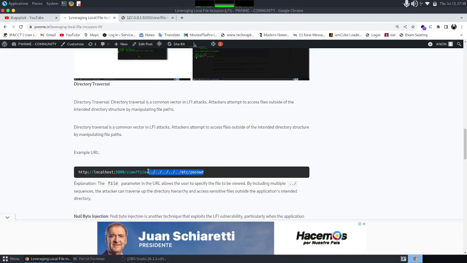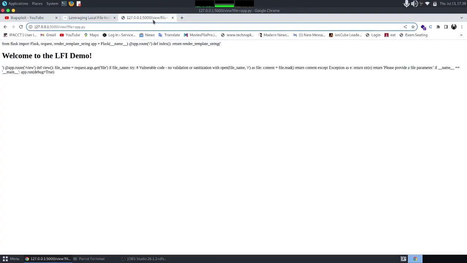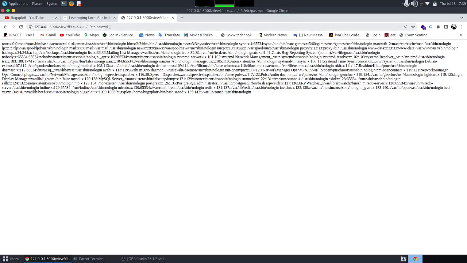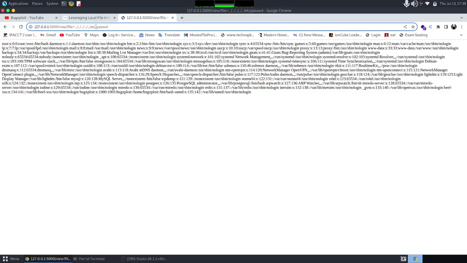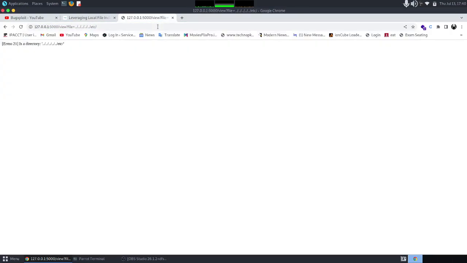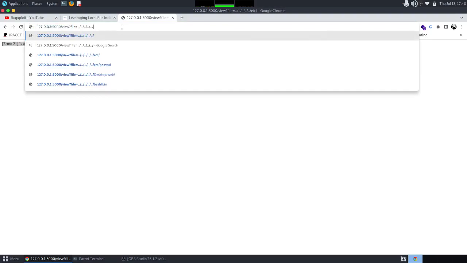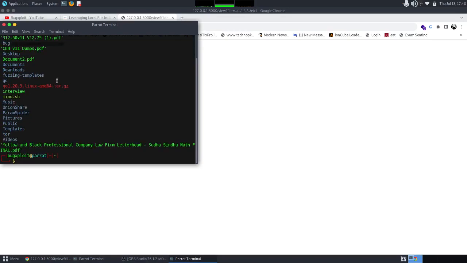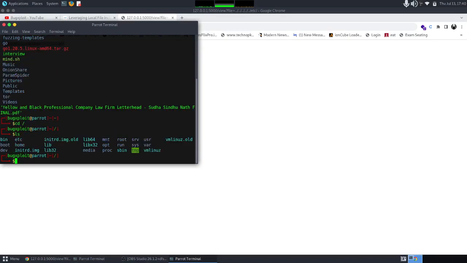I am using a simple directory traversal payload here. If I paste it, you can see we are having sensitive data, the data which is in /etc/passwd, showing up here. If we go for, let's say, /etc, it is a directory, not any file. My root directory has many things, so if I do cd slash, and then cd home,